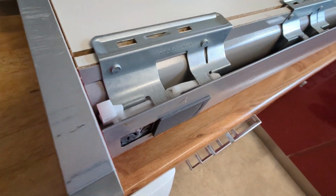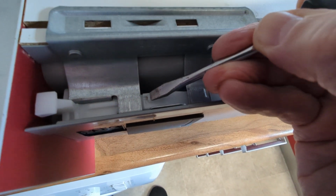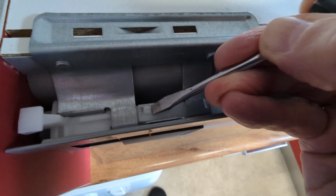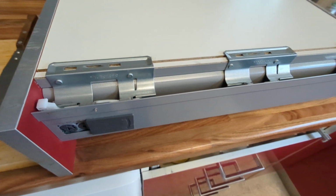So this is the plastic lever that we pressed to release the drawer on both sides. We need to press that side and the other side. And the next question I was asked was